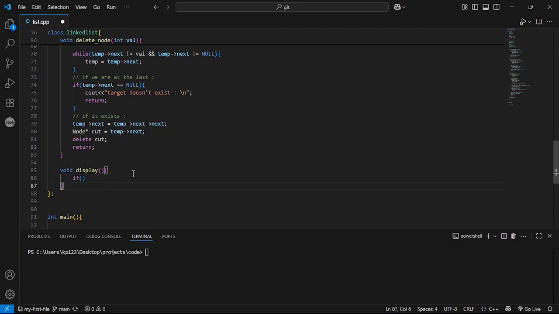So we'll have a particular edge case: if head is exactly equal to null, then we will return, printing no elements in the linked list.